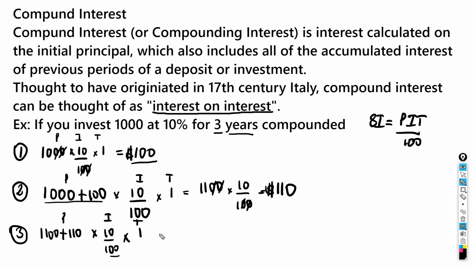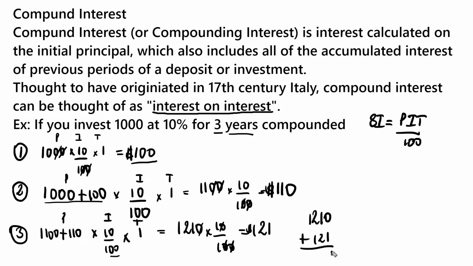So we're actually going to end up with 1,210 multiplied by 10 over 100. These two zeros cancel these two zeros, and you end up with 121. So the amount that you have at the end is the 1210 plus the 121, which would be equal to